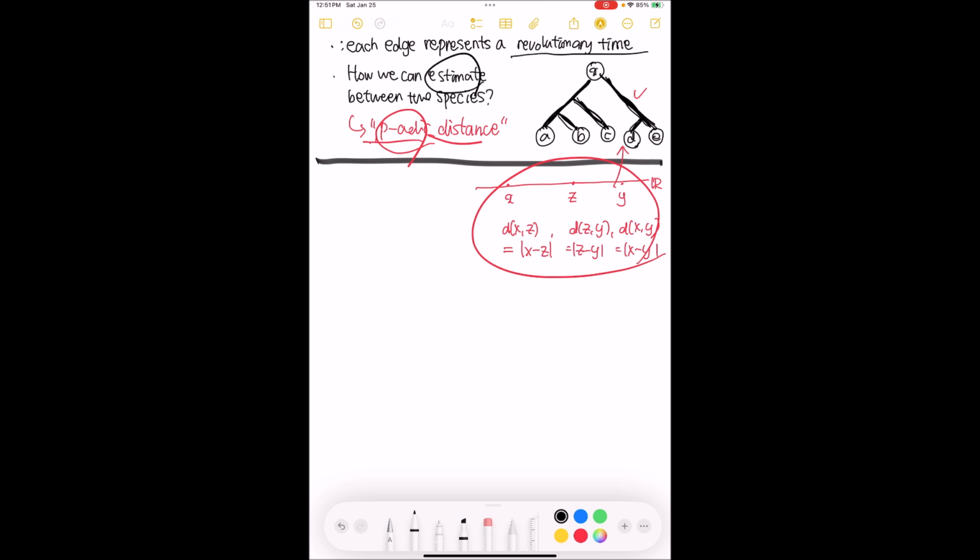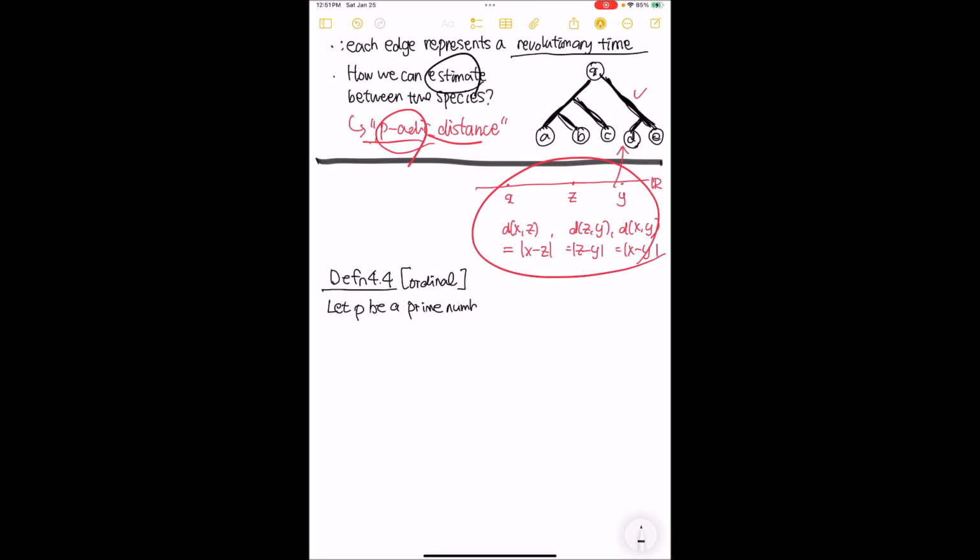So before we define a p-adic distance, I will start with the ordinal number that is the basis to define p-adic theory. Okay. Let p be a prime number, and for any integer a given,